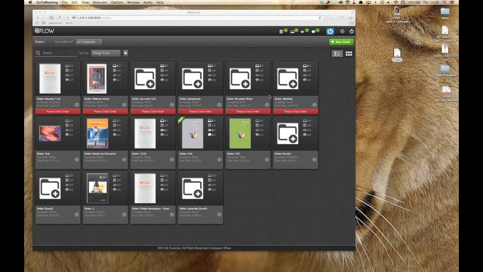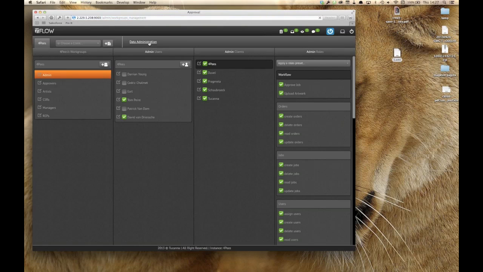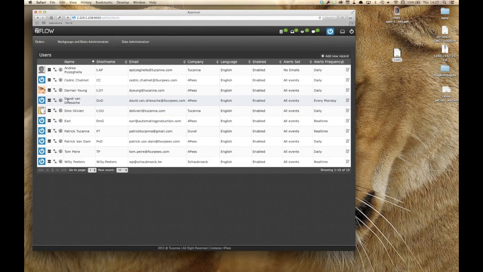Actually, you can define what happens whenever something changes in the system, and people can be notified through email while that is taking place. So if I go to the administration section here, and go to the user lists, for example,